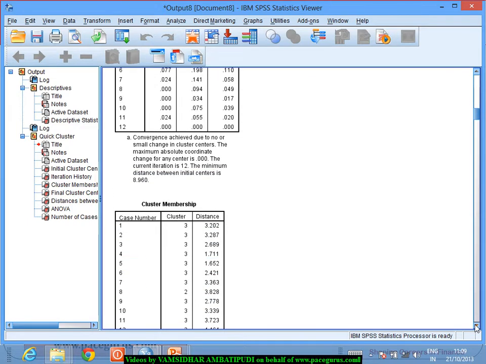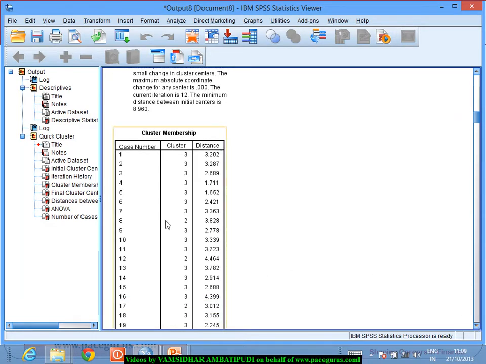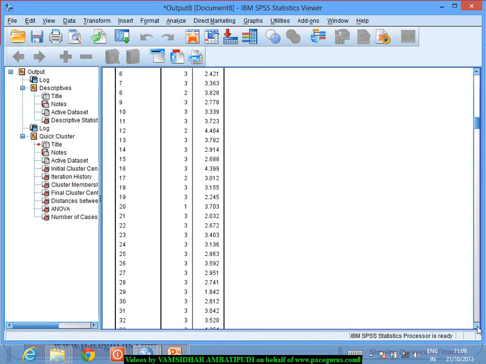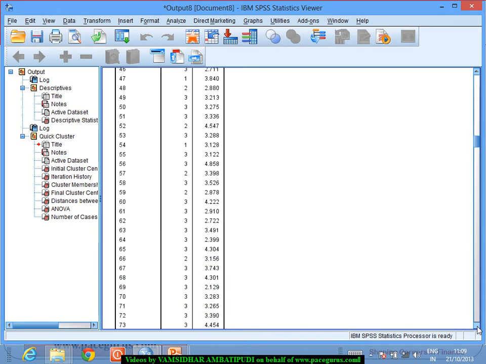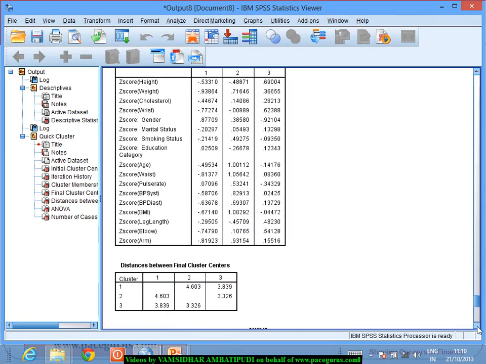Now getting into the actual analysis part, you could see in the cluster membership that case 1 is categorized to the third cluster, something like that. For each case, it has identified the cluster as well as the distance. So you could clearly see that for all the 400 cases, it has identified which cluster they belong to, characteristics wise. And probably when you are looking at the ANOVA table,